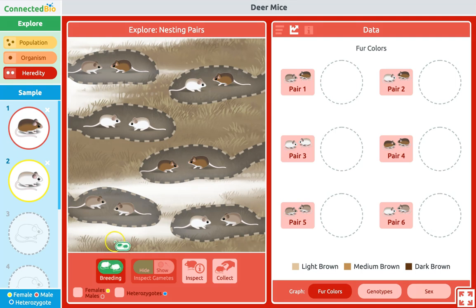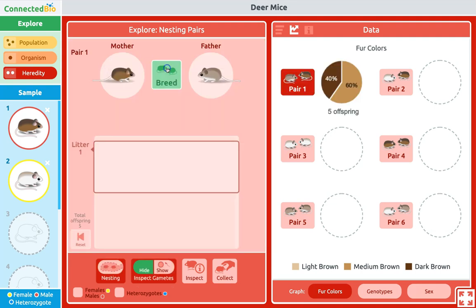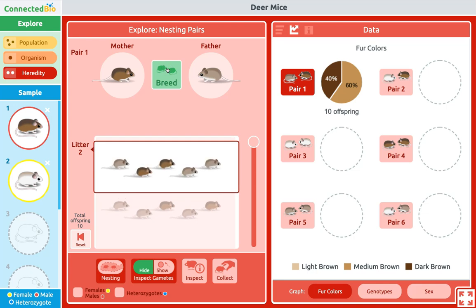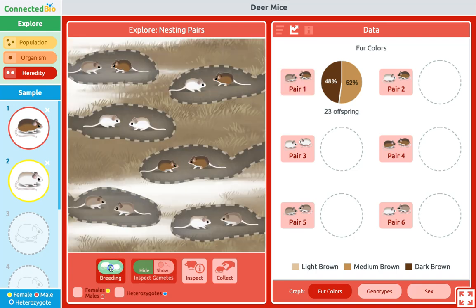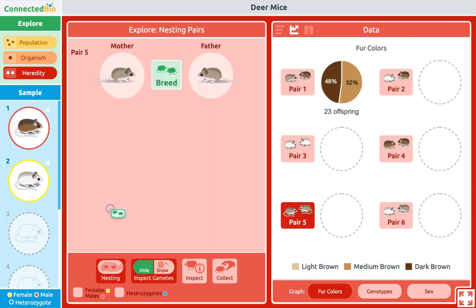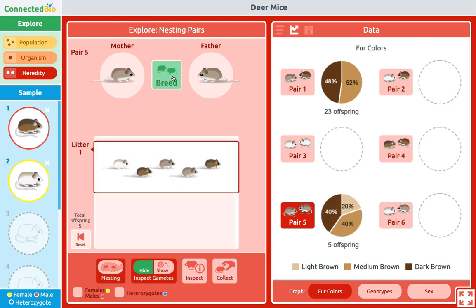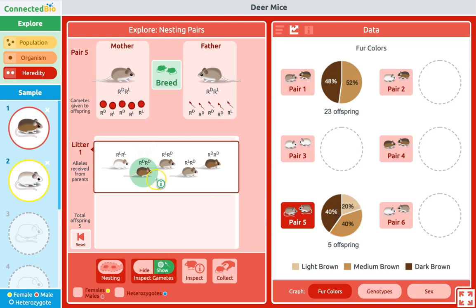Novel UI in the heredity section allows students to directly control breeding experiments to gather evidence of the statistical likelihood of producing offspring that have the cellular traits explored in the previous section. Students are able to see the results of each experiment and correlate them to the cumulative results in the graph. They can trace how the DNA of each offspring was inherited to account for the role of the receptor proteins